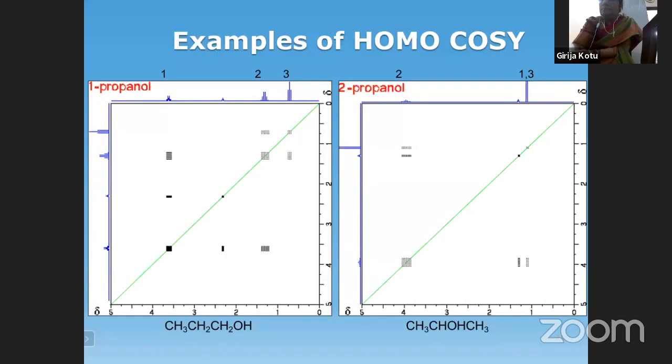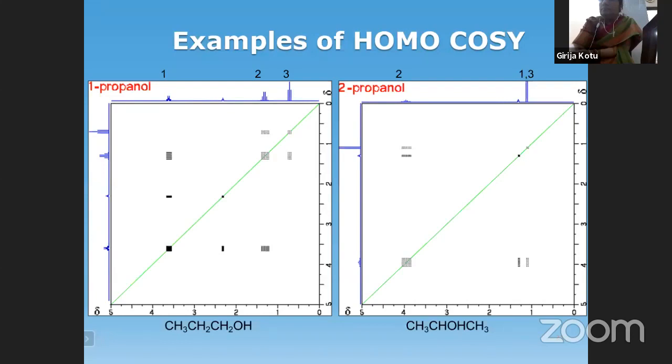And next, 2-propanol, if you consider. 2-propanol, how many signals you have? Again, we are talking about homo COSY, so it is nothing but proton NMR. So in proton NMR, 2-propanol, that is nothing but isopropyl alcohol. How many signals you have? You have only 3. One is for the 2 methyls, they are equivalent, they give 1 signal, and the methine proton, only 1 signal, and hydroxyl. So including hydroxyl, you'll have 3 peaks. Otherwise, you have only 2. 1 and 3 together you get, and 2 you get separately.